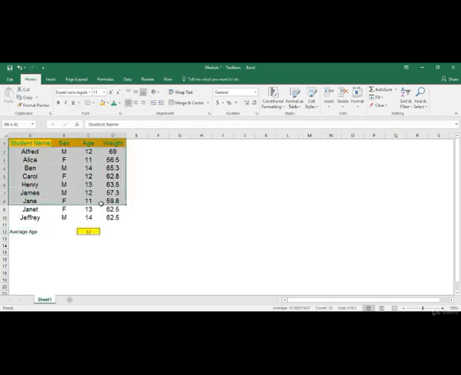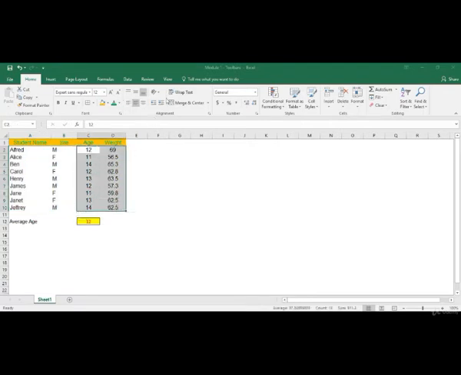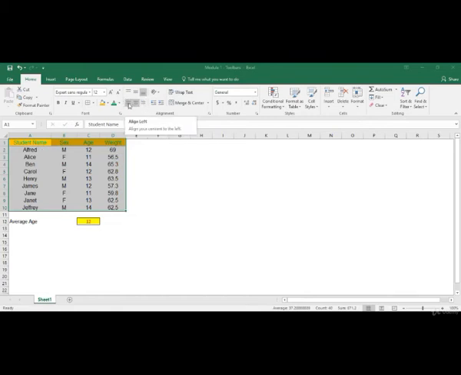At the same point of time, you can also change the font size. So right now for this particular data set, it is 14. Let's keep it to 12. Now in this particular data set, all the values have been center aligned, but by default, all the character values are left aligned, whereas all the numeric values are right aligned. But it's always better to have them center aligned. It makes it more presentable and easier to read. So using these buttons, you can either left align them, center align them, or right align them.